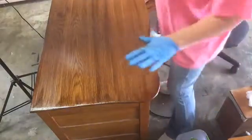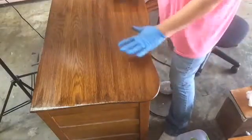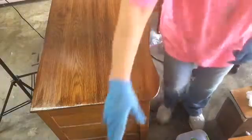So, that is all I want to do tonight to the piece, because I don't want to get any paint on this at all, and I know how I am. Now, let me, if I can, I want to show y'all